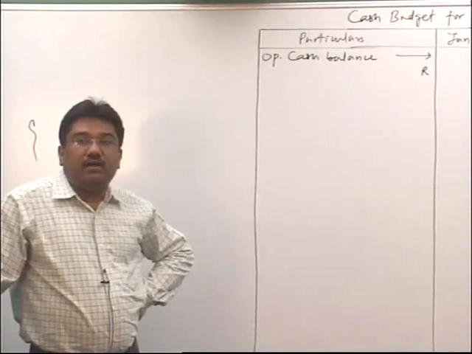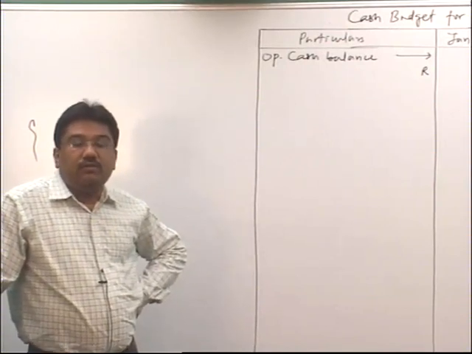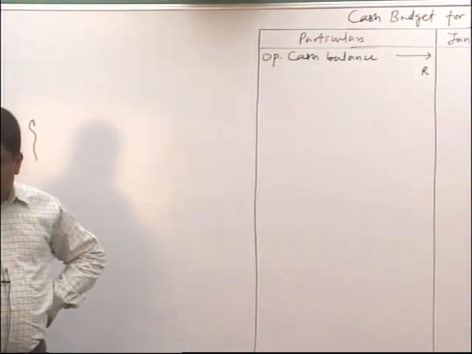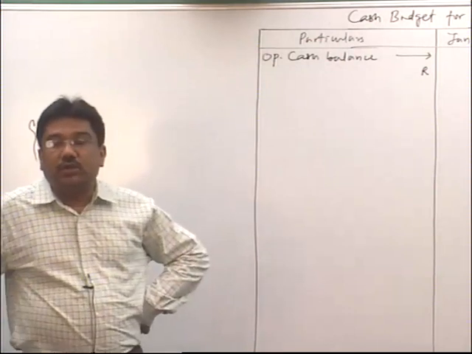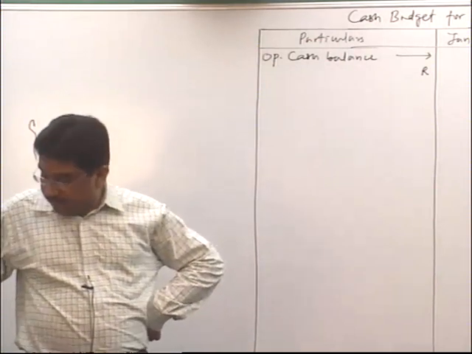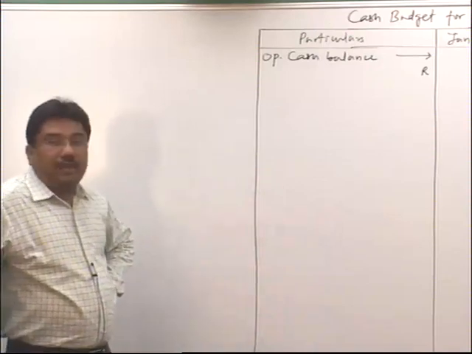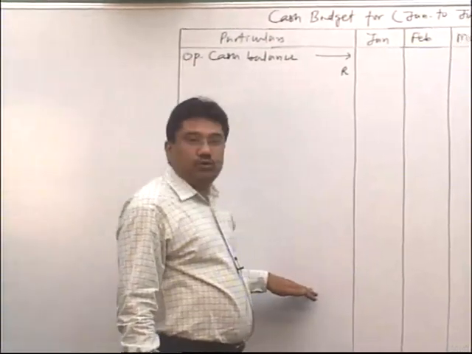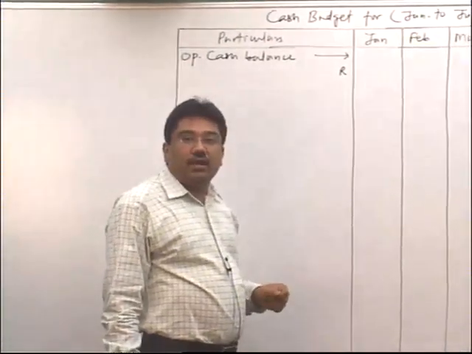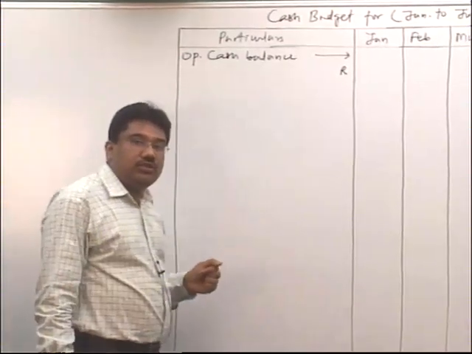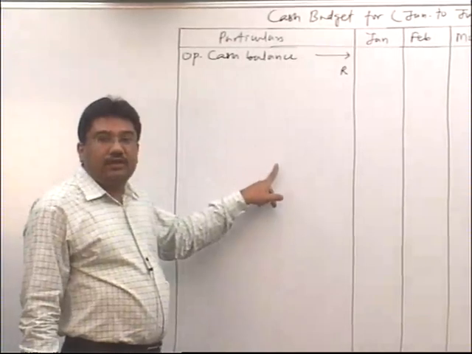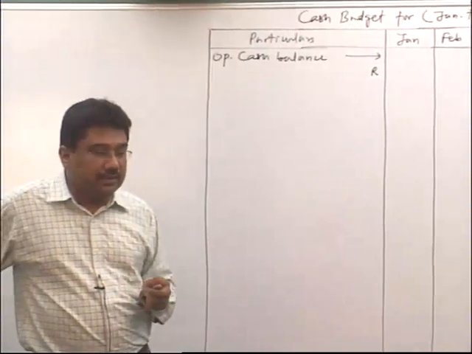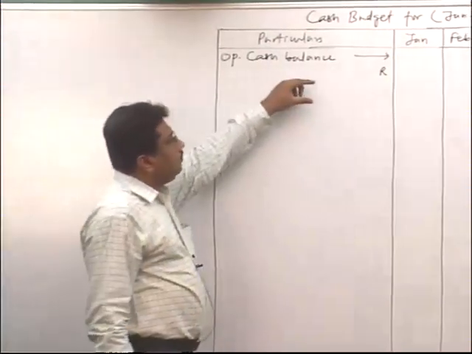and any overdraft over and above 5,000 rupees will have to be managed by issuing shares to the chairman of the company. But how much amount of shares are to be issued to the chairman of the company, that is not given. That's why to find that amount, first of all we will find out rough opening and rough closing balance, and thereafter we'll find out how much is the amount of shares to be issued to the chairman, and then we'll make entry for that shares issued, and thereafter again we'll find out fair opening and fair closing balance. Clear? So right now please keep two lines.